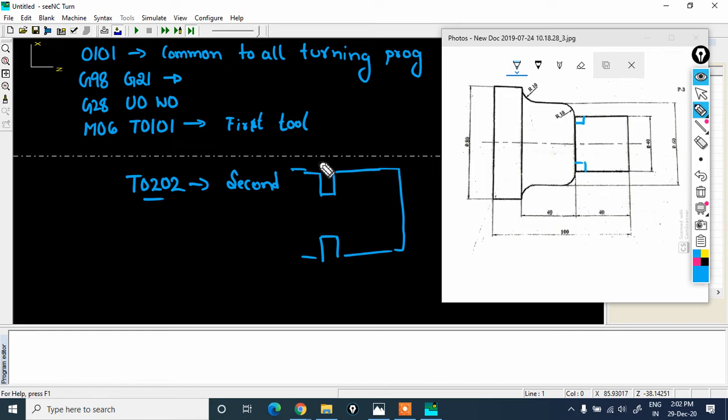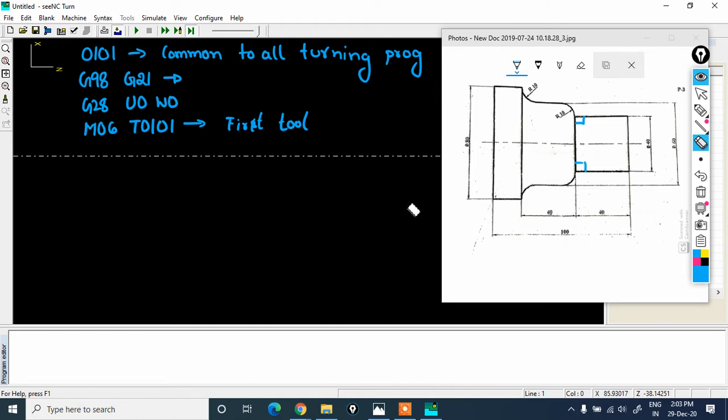For this particular problem we don't have a second tool, so no need to worry; we are using only one tool. Remember this in case you have a second tool.